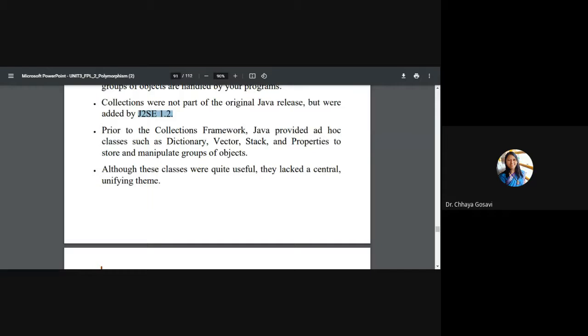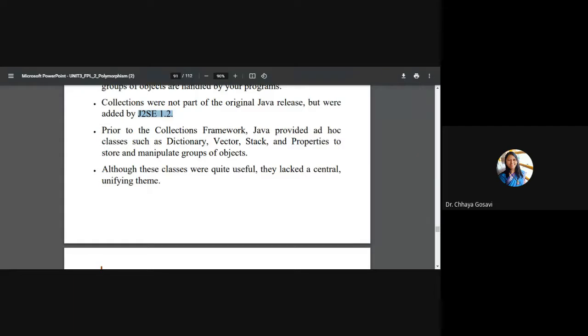These classes were quite useful, but they lacked a central unifying theme. As a common example, we use System.out.println to print an ArrayList or a LinkedList. With a single interface, you just use the add function to add an element to the list, or add an element to the tree.